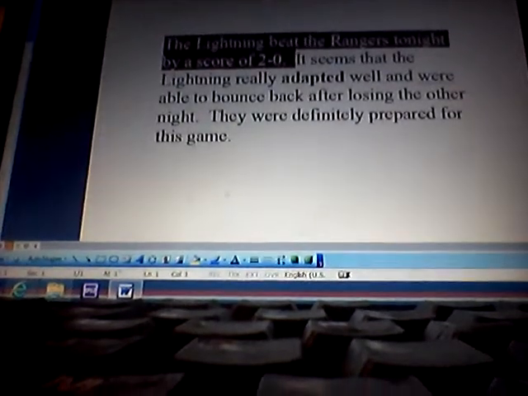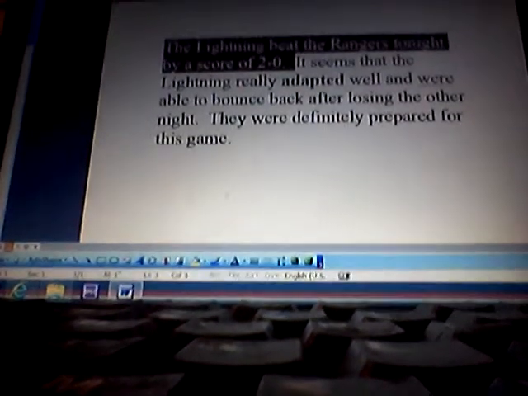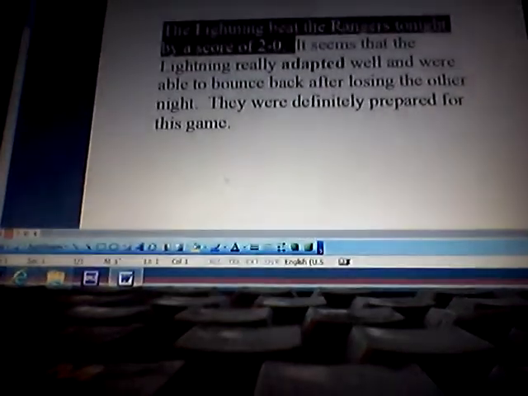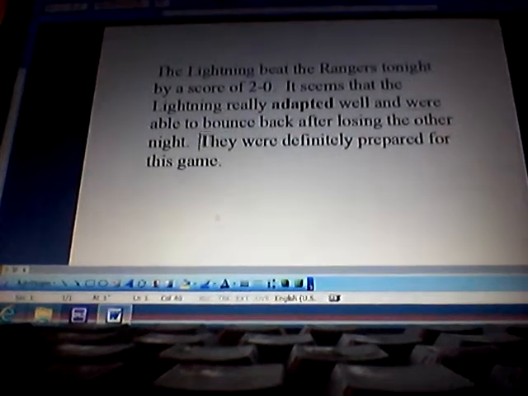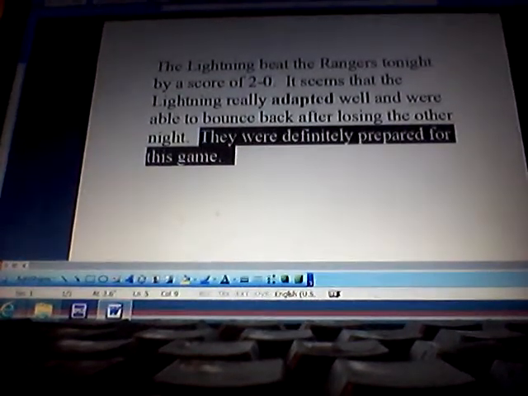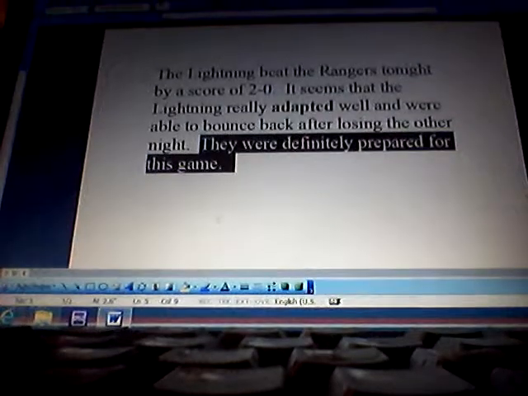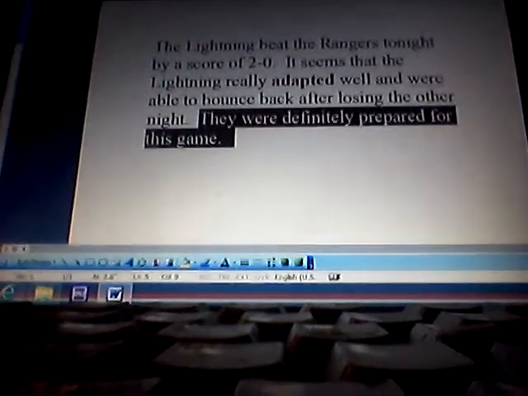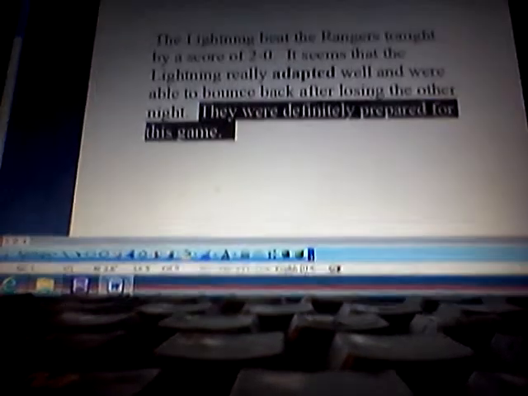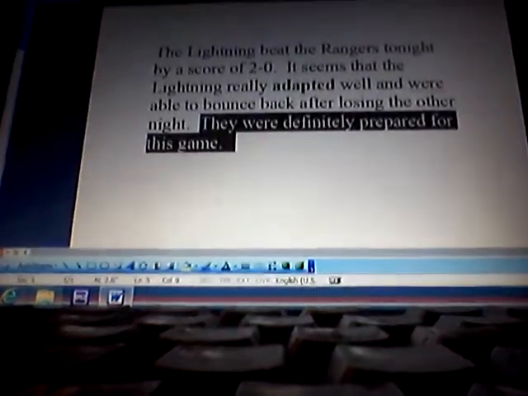The Lightning beat the Rangers tonight by a score of 2-0. Well, that's the score. There's really not much there but the score. So I'm just going to let that one go. However, if I look at the sentence after the one that adapted was in, it says, they were definitely prepared for this game. Now, the one word that I see in this sentence that described the Tampa Bay Lightning